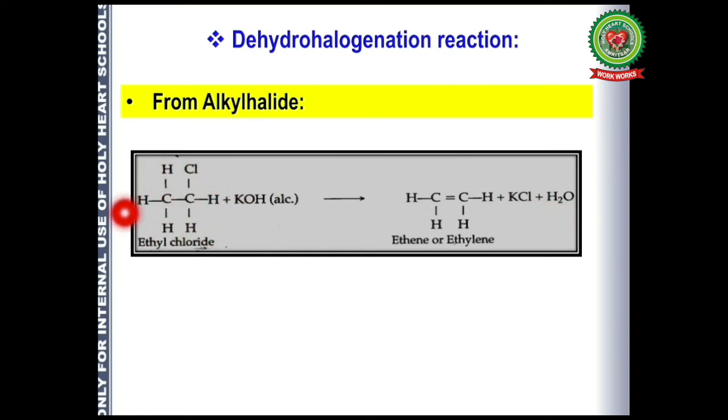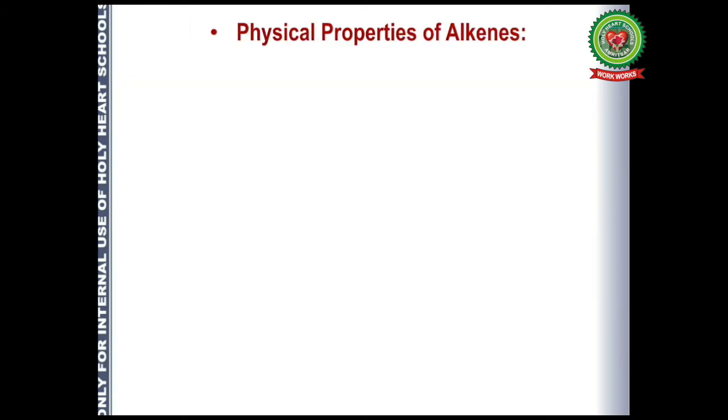Now what is left behind is CH2, and since the valency is unsatisfied, it will form a double bond. So the products that we get here are ethene, potassium chloride and water. When do we get these products? When ethyl chloride, or we can say chloroethane, reacts with potassium hydroxide, that is in alcoholic form. We can also use sodium hydroxide in this case.